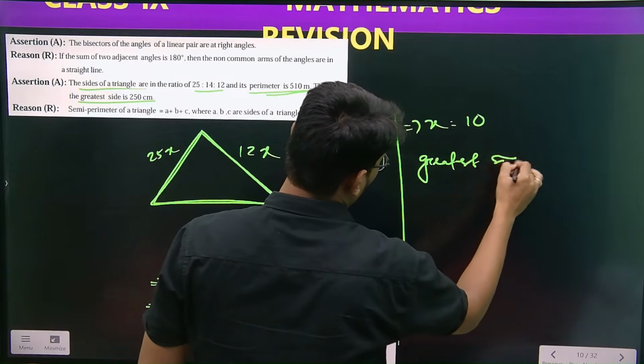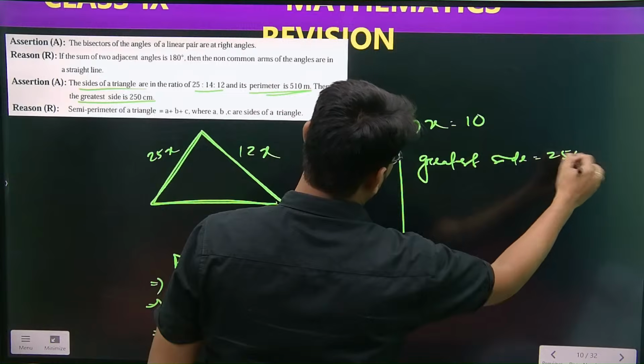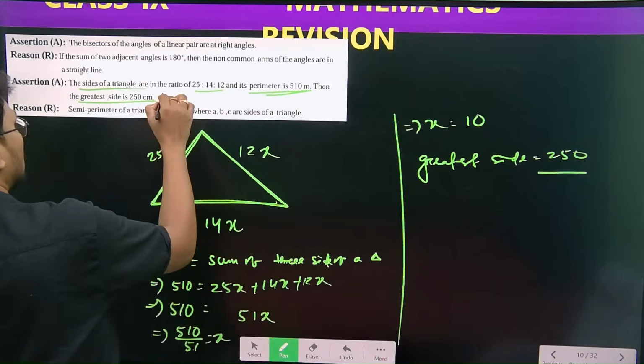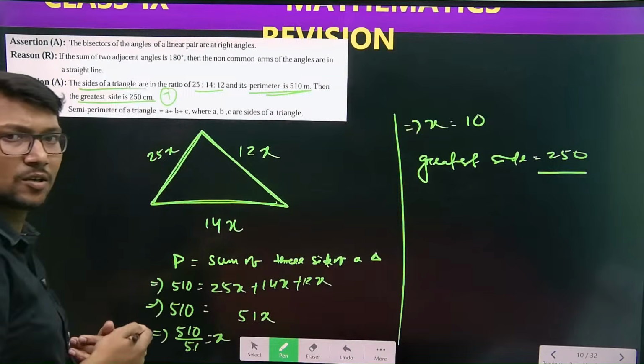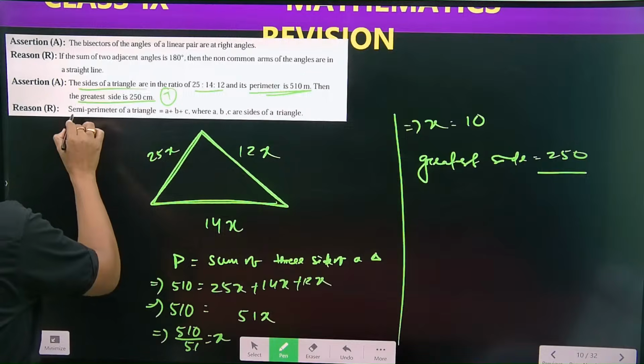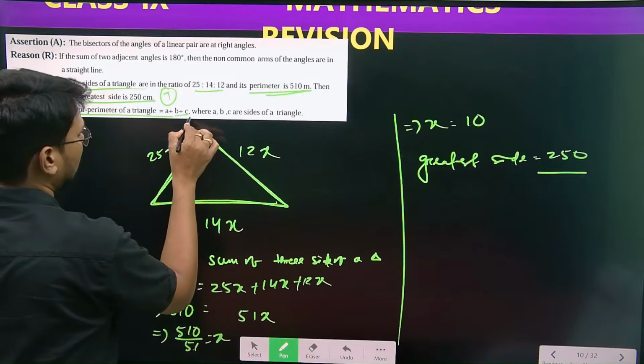Greatest side, say 250. Clear? That means the assertion is true, बच्चों. Assertion is correct. True. Semi-perimeter of a triangle equals a plus b plus c, where a, b, c are